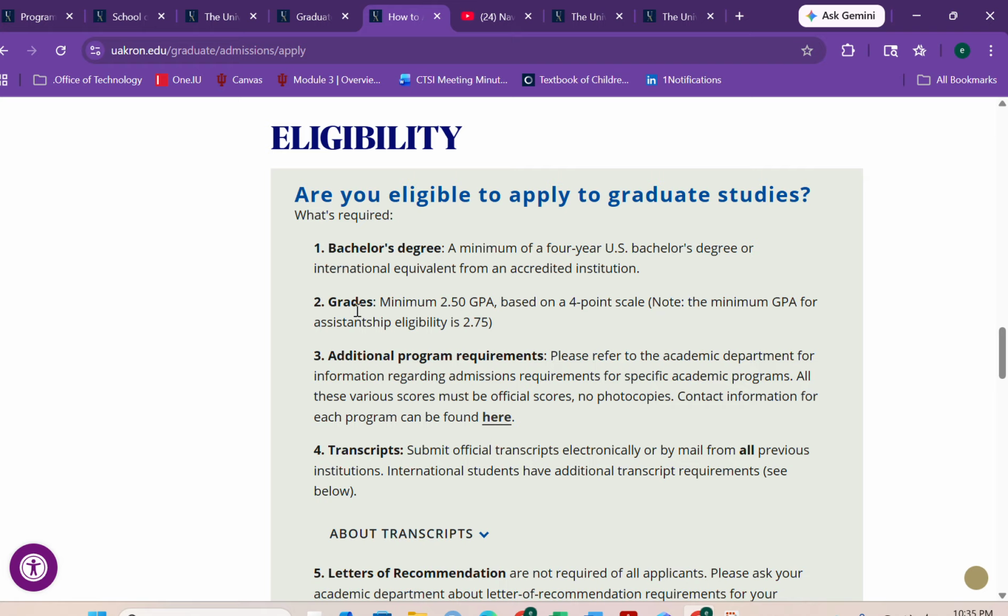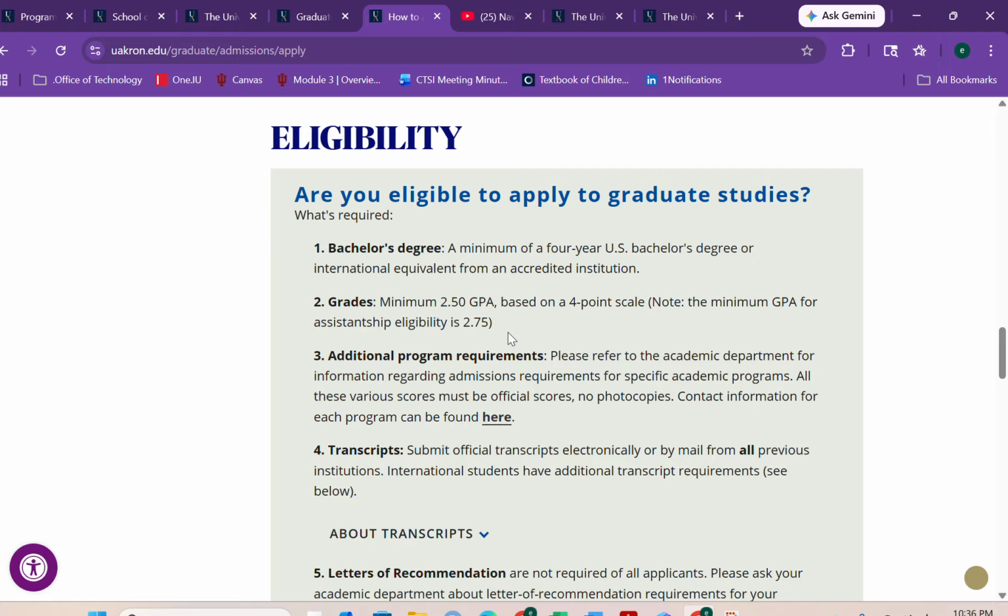Second one is grades: minimum 2.50 GPA based on a 4-point scale. So this is what I told you about. The minimum GPA for assistantship eligibility is 2.75. So you can apply with as low as 2.75 and you can get funding.